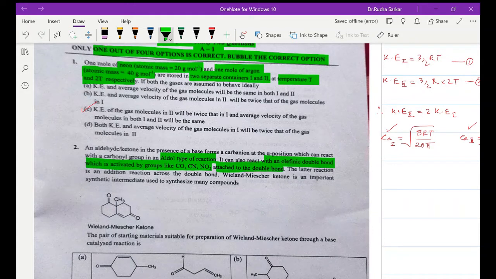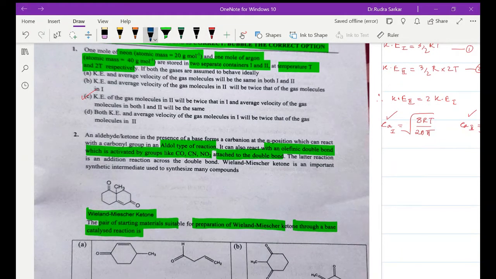So we have to find out basically over here the pair of starting materials suitable for the preparation of this ketone through a base catalyzed reaction. So basically what they are asking is to disconnect this compound, and that is what I am going to show to you. While disconnecting this compound, first remember you have to disconnect the alpha beta bond of the unsaturated ketone. So this is the alpha position and that is the beta position. So you disconnect the bond over here,